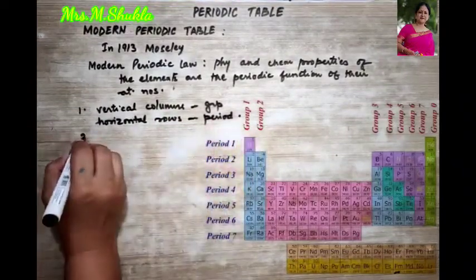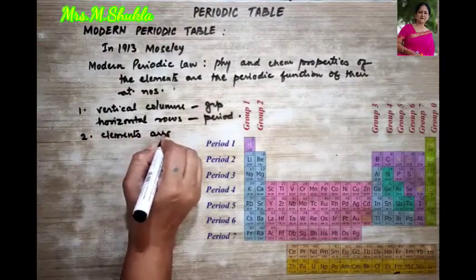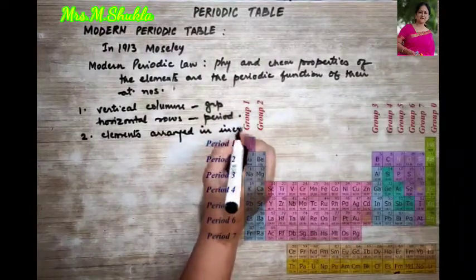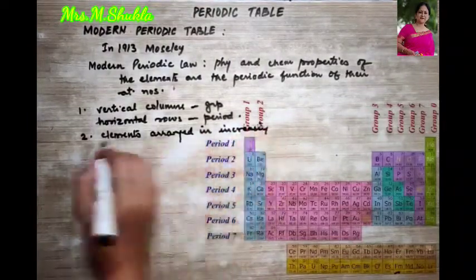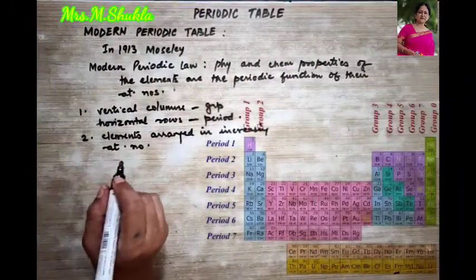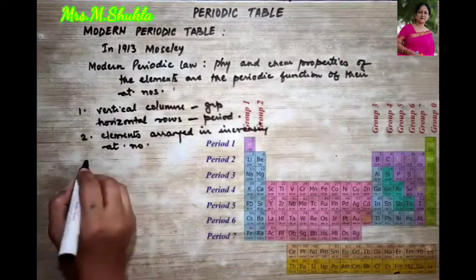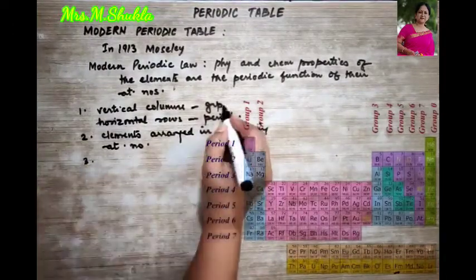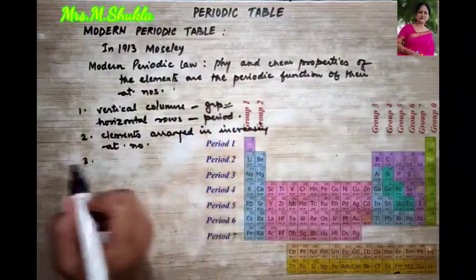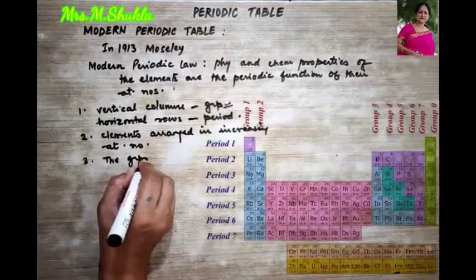Fine. Then the second point: elements are arranged in increasing atomic number, right? Then look at the groups. Let us talk about groups first. Periods I am going to talk about a little later. Let me talk about the groups. So look at the groups. The groups are